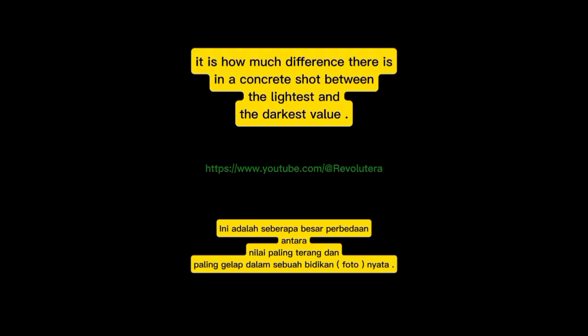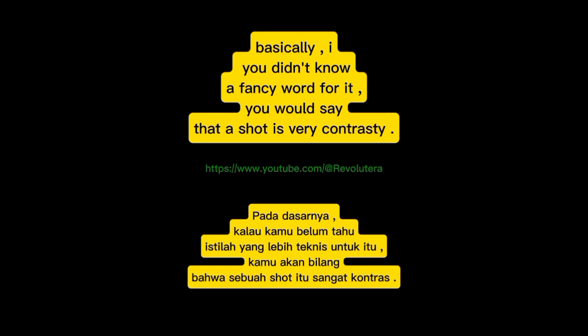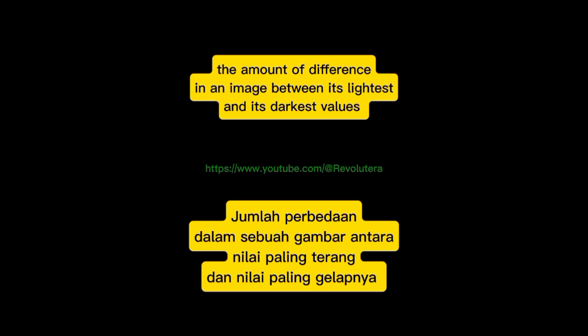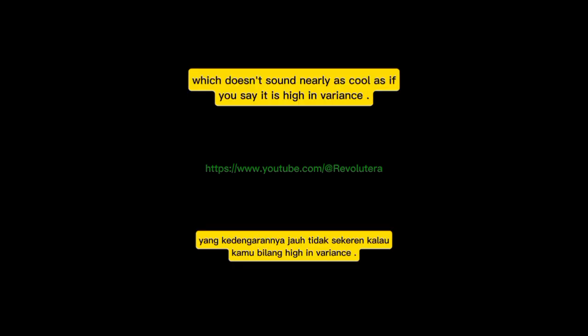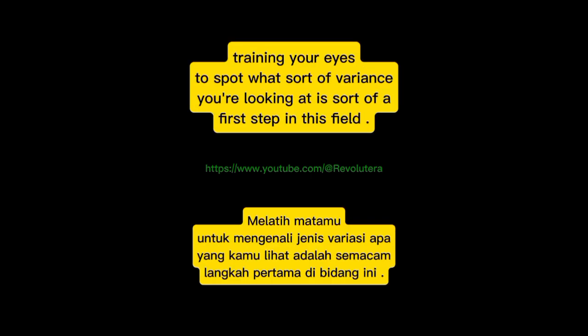It is how much difference there is in a concrete shot between the lightest and the darkest value. Basically, if you didn't know a fancy word for it, you would say that a shot is very contrasty. The amount of difference in an image between its lightest and its darkest values. Which doesn't sound nearly as cool as if you say it is high in variance. Training your eyes to spot what sort of variance you're looking at is sort of a first step in this